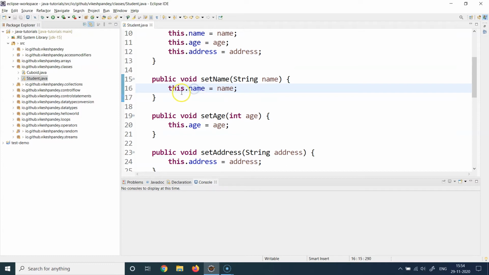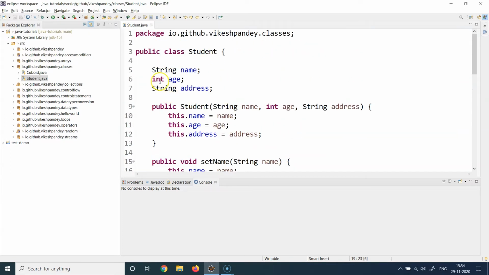And remember, I use the word this here intentionally, because the way you are going to represent this is with the help of the this keyword. This keyword means current object. When you use this dot name, it is referring to the current object's name property. And this name is corresponding to the name which is coming in when somebody is trying to set a name. Similarly, for set age, age is a numeric value.